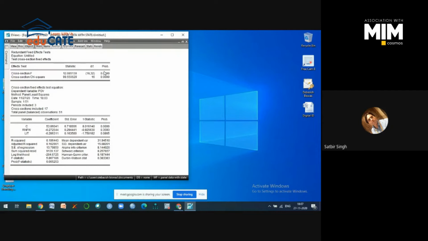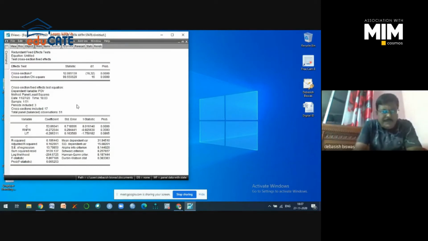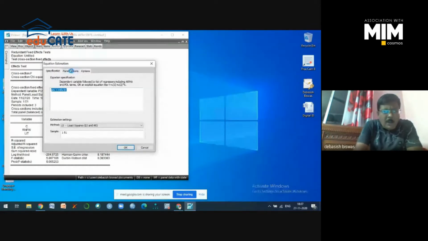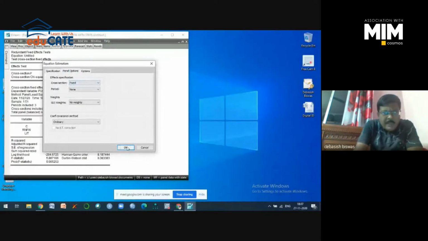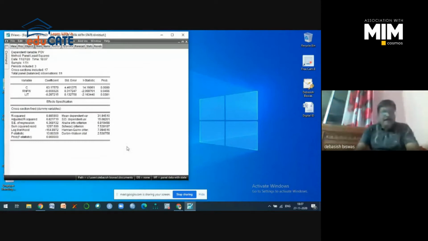Now, when you have decided that your fixed effect model is better, you have to run this model again for diagnostic checking purposes. So just click on estimate, and we have already given this fixed option. Okay, now the fixed effect model result has come. Now you are making some diagnostic checking. How? In the EViews software, for diagnostic checking of the residuals of our regression model, we must use this option, that is view. From the result window, you just notice that one option is there, that is view. And if you click on this option,